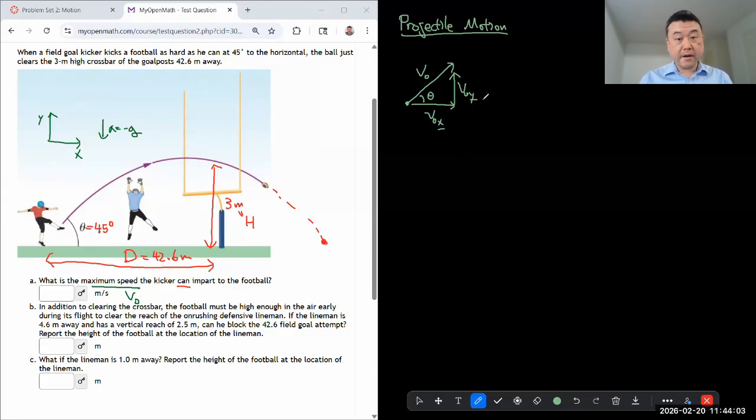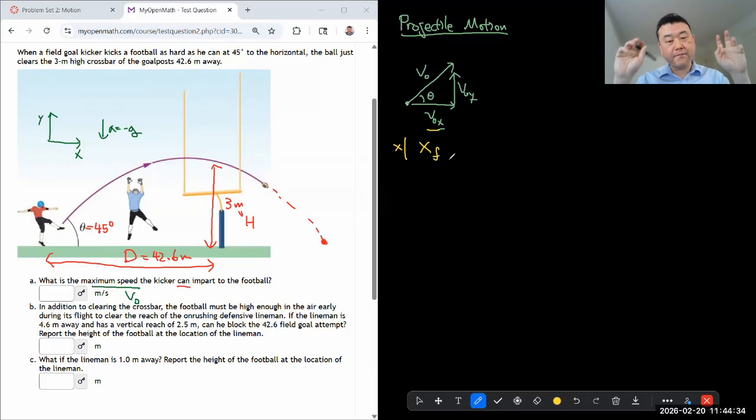Once you have done that, then you can write down projectile motion equations. There's one for the x component, and the equation that I think is usually helpful is the one that deals with the position. The velocity one is too simple. It's basically going to be your initial velocity, the same throughout, because there's no horizontal acceleration. So looking at the x position as a function of time, let me call it x final, and I'll label my time as t final. My x final is going to be equal to